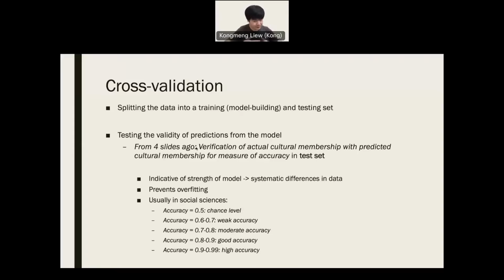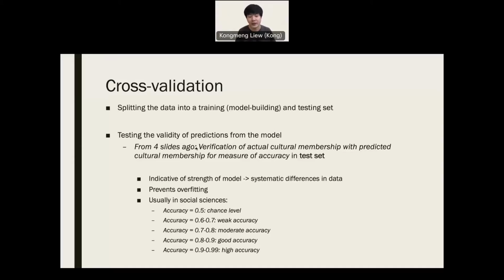And so a very simple measurement would be just accuracy. Let's say we want to build a model to identify differences between, say, the US and Japan, a very standard kind of cultural comparison. And let's say you have a data set of n equals 2,000 people. A very common approach would be to first divide the data set into, say, a 75-25% split. So maybe 1,500 would be put into this training set, and the remaining 500 will be held out unseen in the test set.